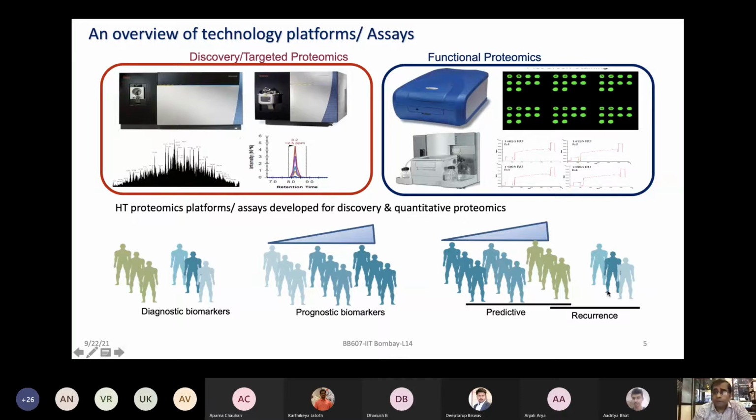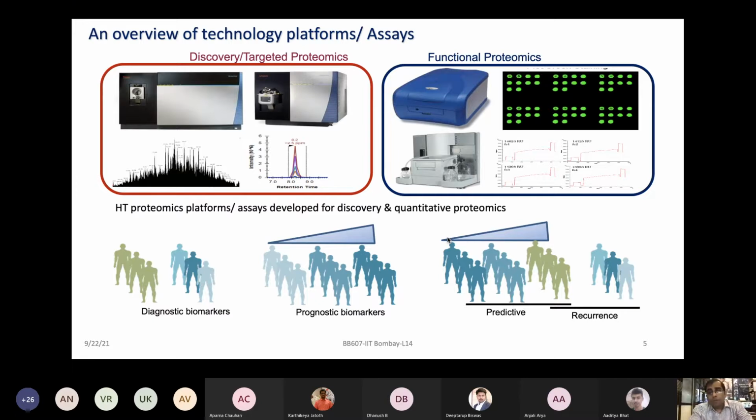You can always think about other types of markers which could be predictive in nature, or whether a disease might recur. Are there some proteins which could indicate that a person is going to have a relapse of the cancer? The person recovered after radiotherapy and chemotherapy, but after a few years you see again the trend of some of those proteins showing a very high change in intensity, which might be indicative that it's going to have a recurrence of that tumor.